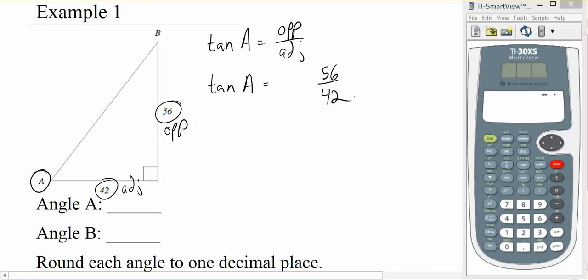And the reason for that is my goal now is to solve for A, to get the A by itself. I have to undo tangent. Now, tangent by itself isn't a number. So one of the tempting things that I've seen people try to do before, which is not legal, is to try to divide by tan. We can't do that because tan isn't a number, tan is a function. That would be similar to if you had square root x to try to divide by square root. You can't just divide by square root. It doesn't work that way.